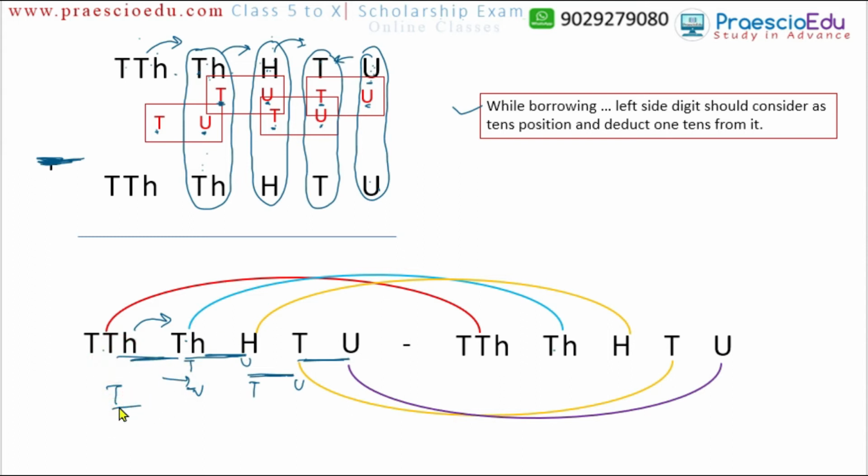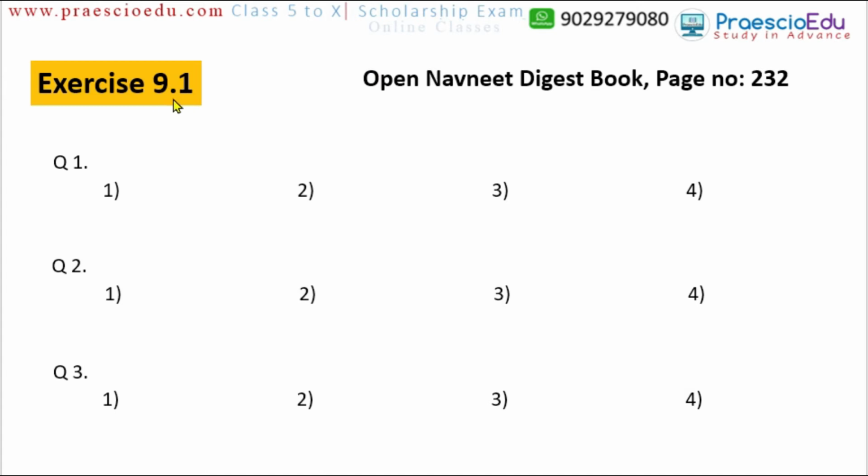So the pair should be tens and the units, tens and the units. Okay, so likewise you have to make the subtraction. Now we are going to see exercise 9.1. It is a very simple exercise: 9 lakh minus 7 lakh 59,000. Okay, 9 lakh, then minus 70,